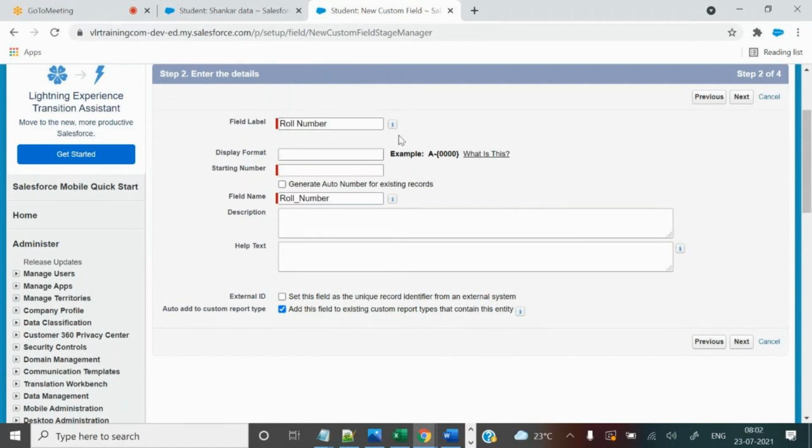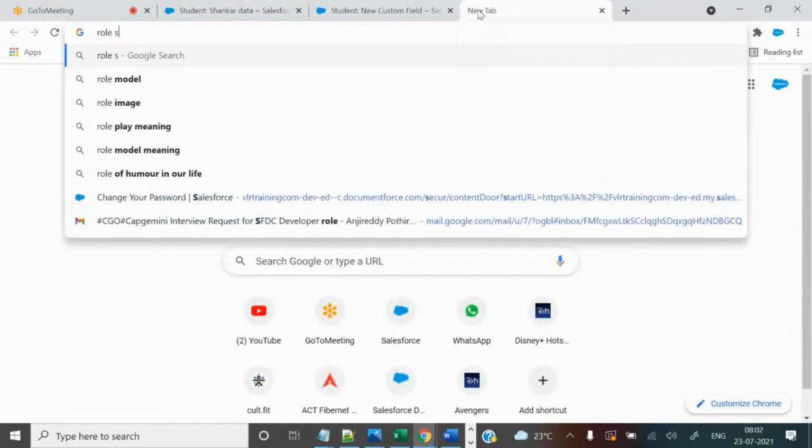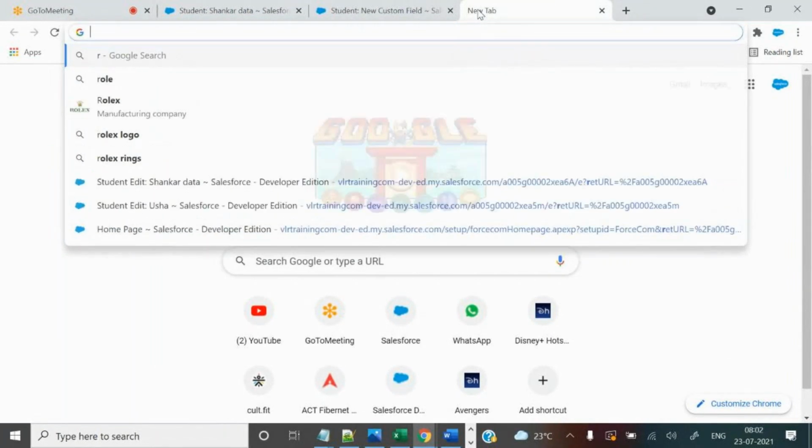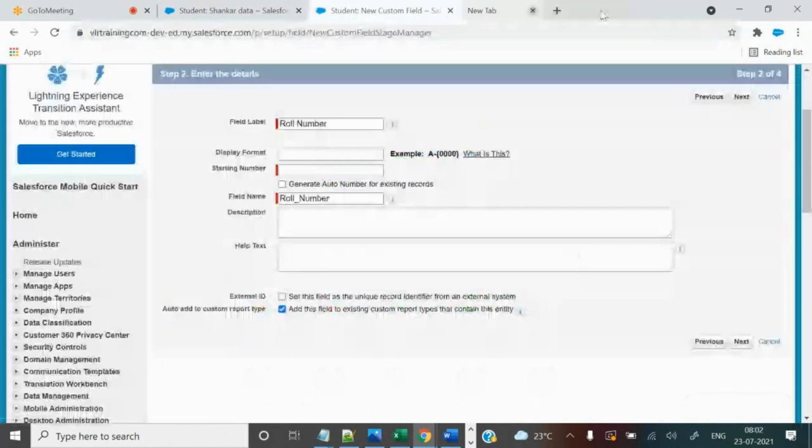Next is the format. Now display format and start number, these two are very important. Can you see the example display format here?